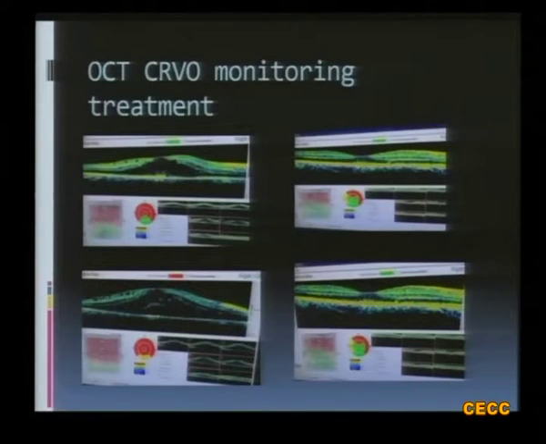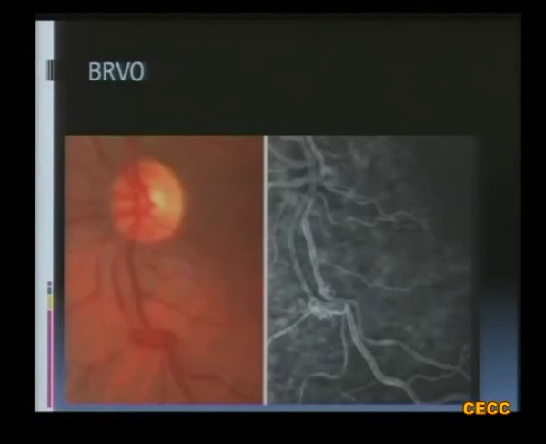Case of CRVO with macular edema on the left side, treated with intravitreal injection of Ozurdex; on the right side, the retina became flat within 10 days. At the 4th month, there was a recurrence on the left lower side, and on the right lower side, again the retina became flat. So this is how OCT is helpful. In this case, 4 injections of Ozurdex were given, and every 3 to 4 months the edema was recurring. Then it was also combined with laser, and finally the retina became flat.